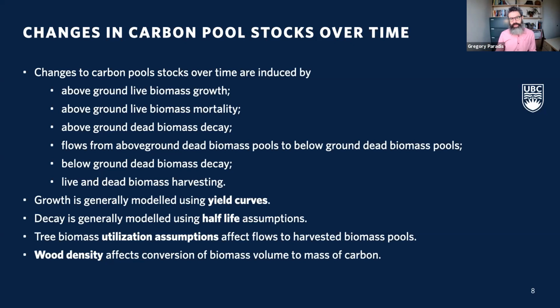Flows from above ground dead biomass pools to below ground dead biomass pools is just another way of saying soil formation and dynamics. Then there's below ground dead biomass decay. So there's a certain amount of decomposition underground, and the chemical processes of that are more around anaerobic decomposition rather than aerobic decomposition when you're out in the atmosphere. And live and dead biomass harvesting, which occurs deliberately by people who want to collect the wood